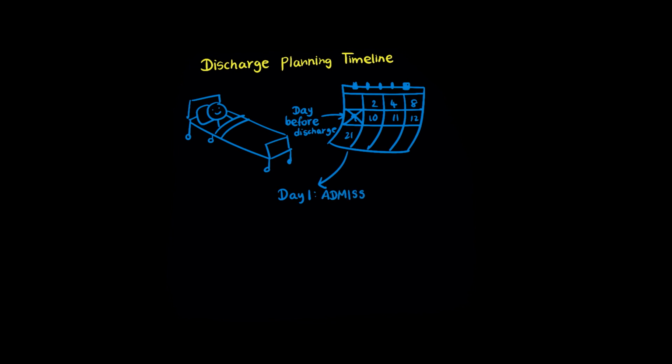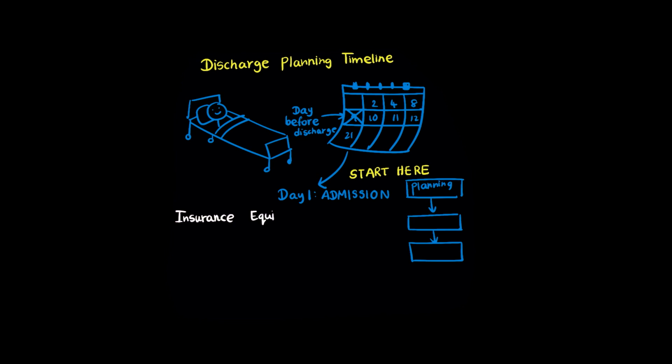The golden rule is that discharge planning starts on admission day. From the moment a patient enters the hospital, the countdown to discharge begins. That first day, you're already assessing. Will they need home health? Do they have family support? Are there stairs at home? Will they need equipment? Starting on admission gives you time to arrange services, order equipment, coordinate with insurance, teach family